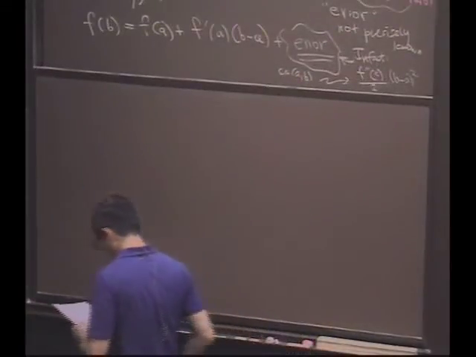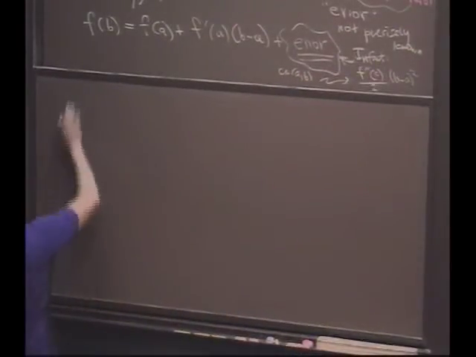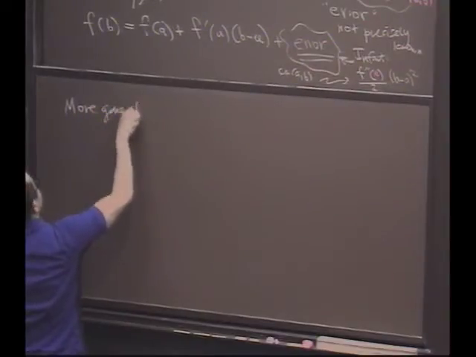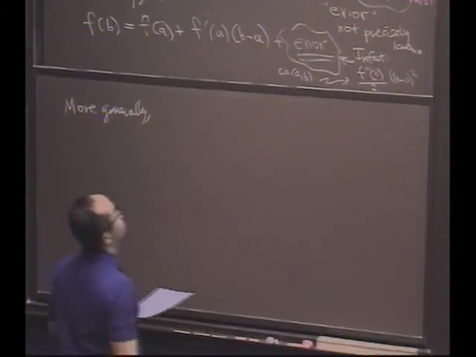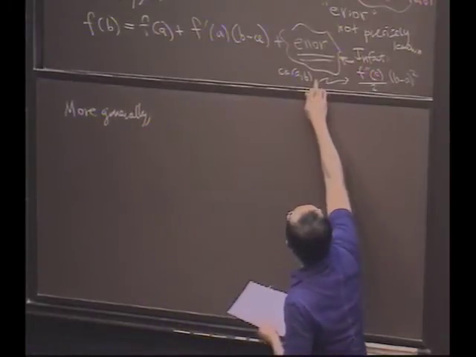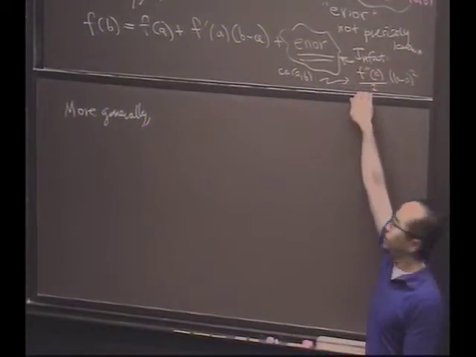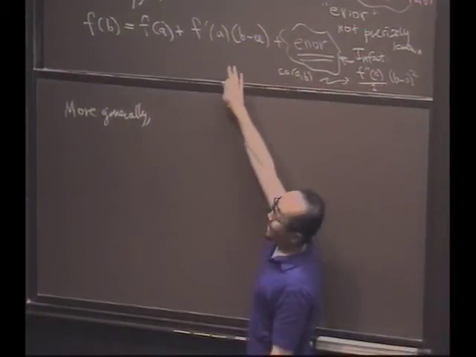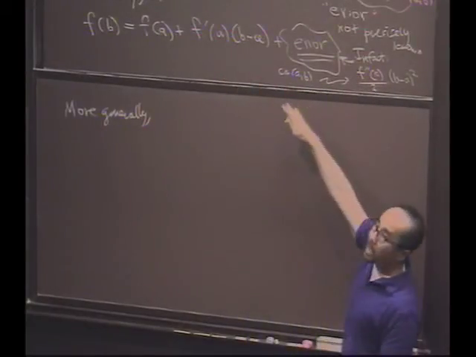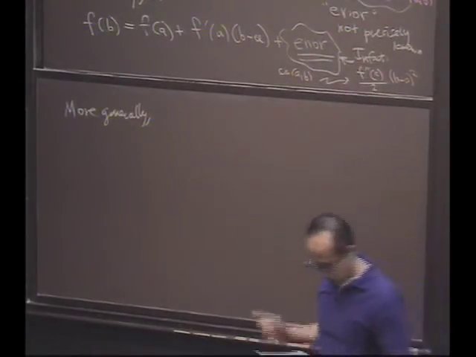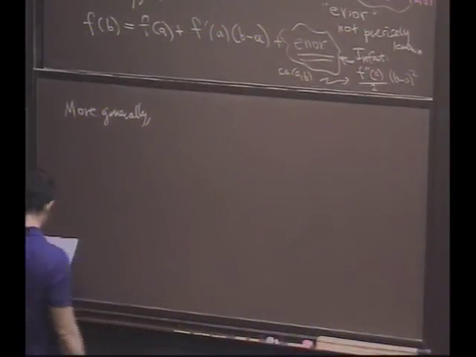So more generally, I mean, you could continue this process, right? You could say, oh, wait a minute. This error is kind of like a second derivative. So maybe if I throw in a term like this at a, where c is replaced by a, I'll get still yet a better error term. That's really the direction that